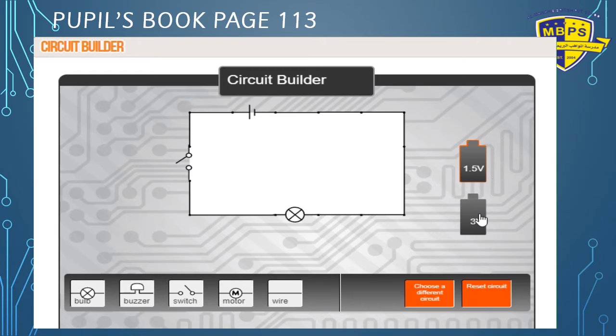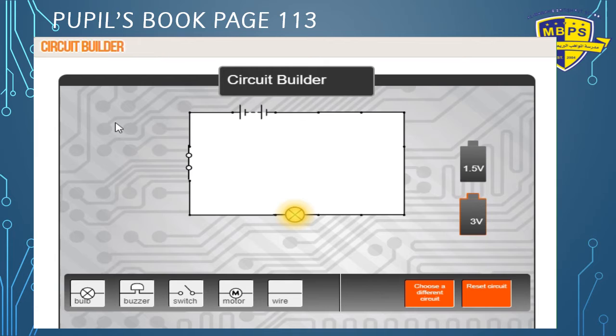Now in the same circuit, I'm going to change the number of batteries. First it was 1.5, now it has become 3 volt. That means I'm going to double it. 1.5 plus 1.5 has become 3. The bulb starts to shine brighter. I will turn the switch off and remove the battery, and let's see again what happens. It's not as bright, but when you put a 3 volt battery, it's brighter. So when the 3 volt battery is there, that means there are two batteries inside, and there is more electric current flowing through the circuit. This is why the bulb is brighter.